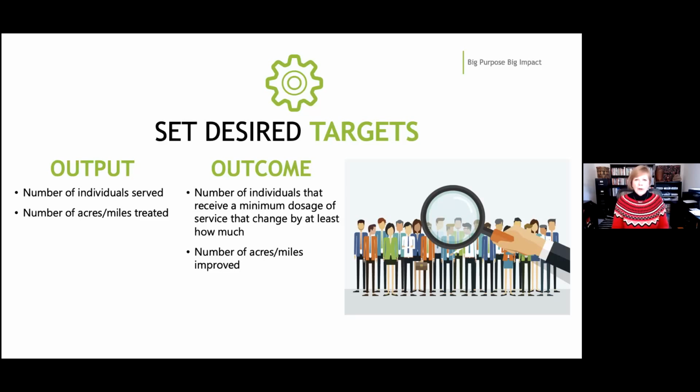So maybe the program, and I just worked with one in another state, serves like 900 kids. It's a big program. But then they only report positive changes in math or English scores on those students that members work with at least a certain amount of time. And then they report on that. So it's a subset automatically of all the people that got served, because the reality is sometimes, using that example,